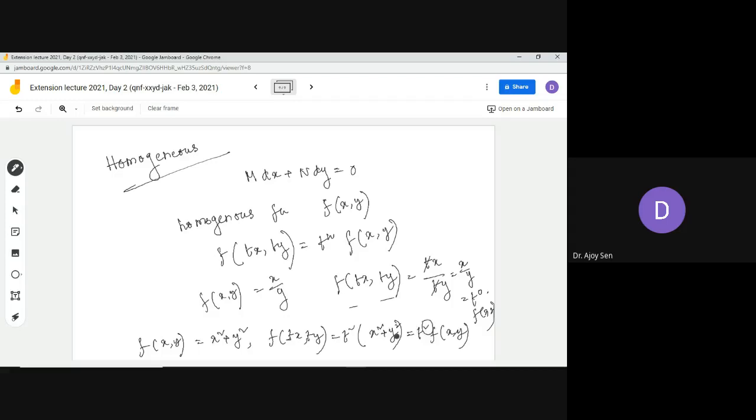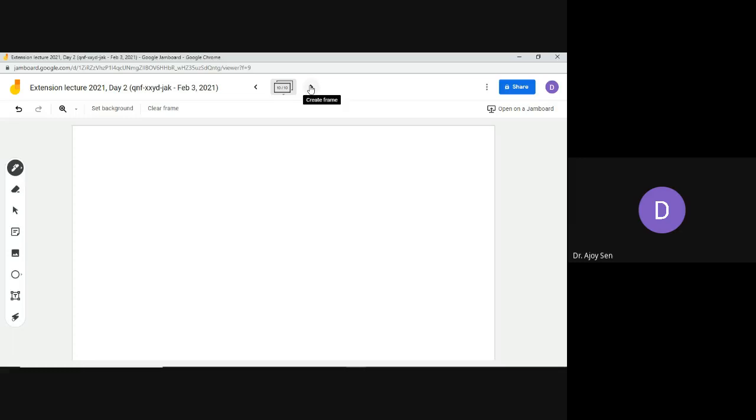So homogeneous equations means these functions M and N are homogeneous. Whenever they are homogeneous, this kind of function we call a homogeneous function. Okay, so why am I talking about this homogeneous equation? Actually there is a result or theorem which tells you that if you are given some homogeneous ODE,